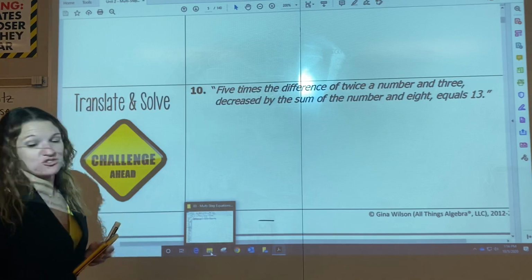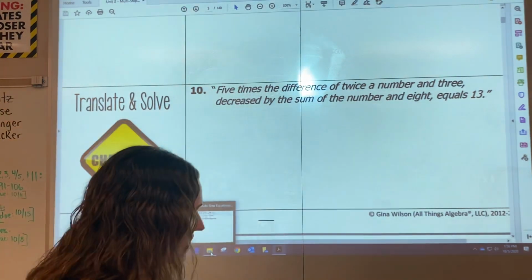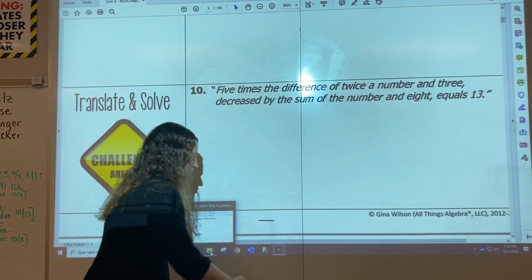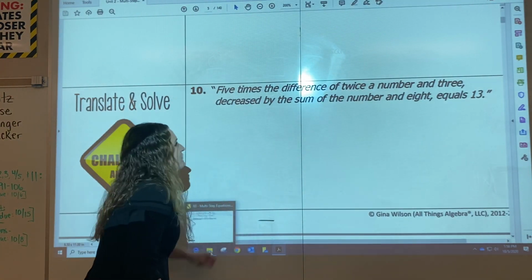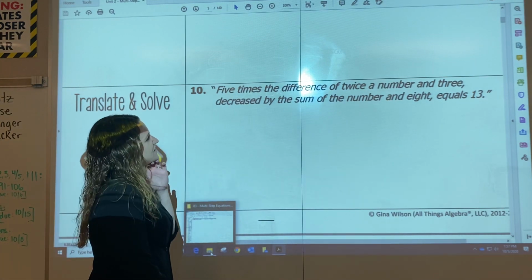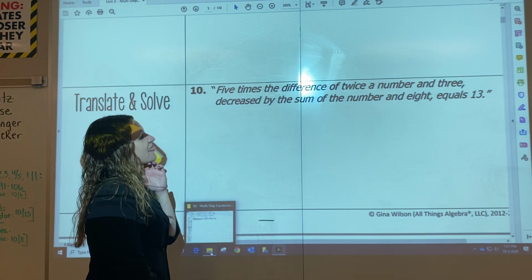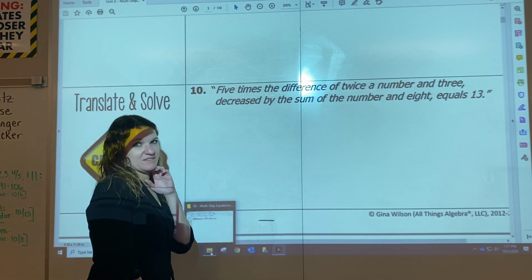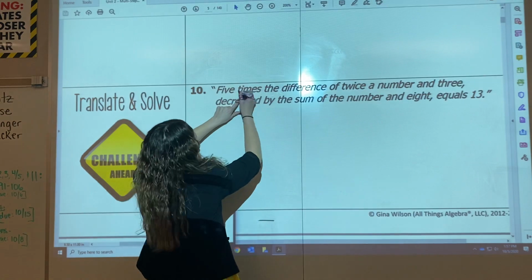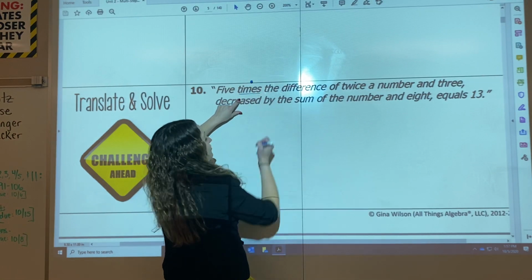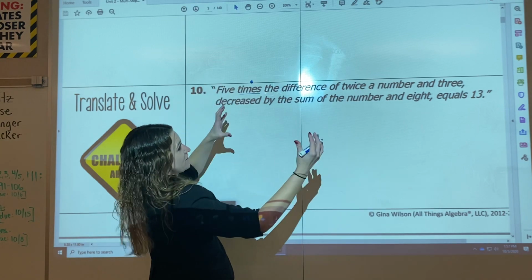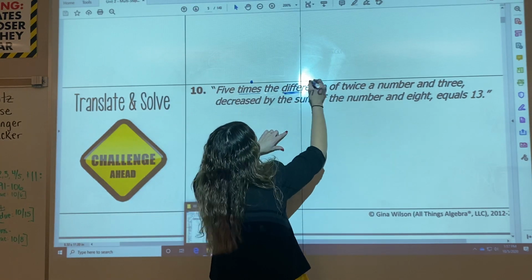Excellent. So they want us to translate and solve, and it seems like a lot, but let's take it piece by piece and see what we come up with. So remember those keywords. 5 times the difference of a number and 3. All right, well, that's a lot already. I see 5 times something, okay, so that makes me believe that I'm going to be multiplying. But I'm going to be multiplying 5 by the difference of something. And I know difference tells me to subtract